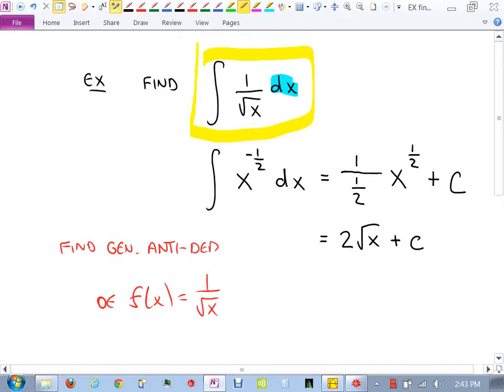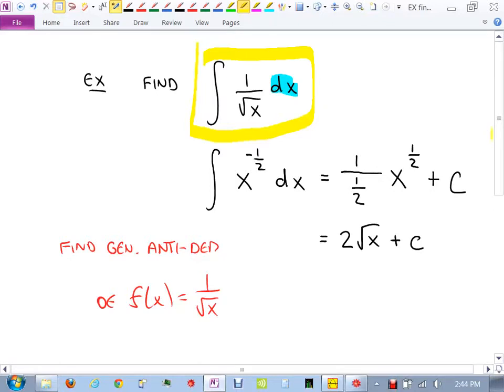Just remember to always put your plus c. I'm not a huge, oh man, you forget to add plus c and I'm going to count it all wrong, but I know that there are instructors that will count the entire problem wrong if you don't put the plus c. That c is what's called the constant of integration. All right,